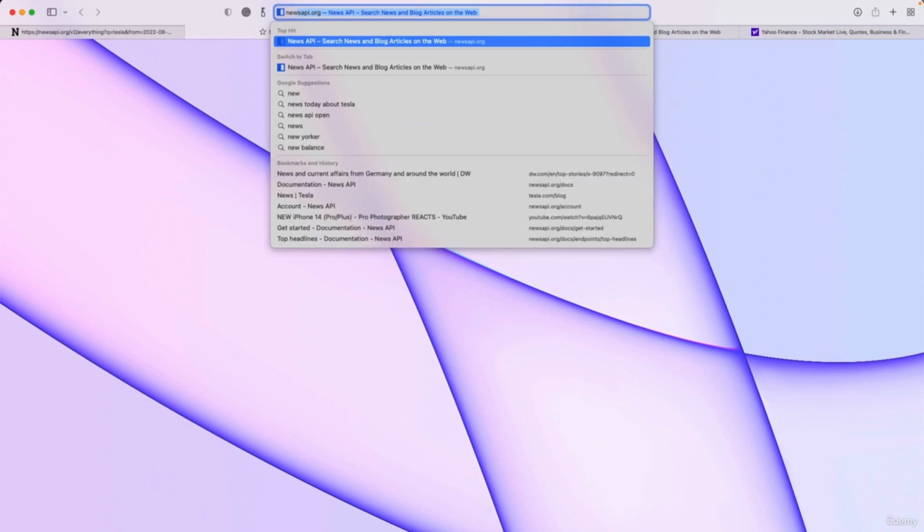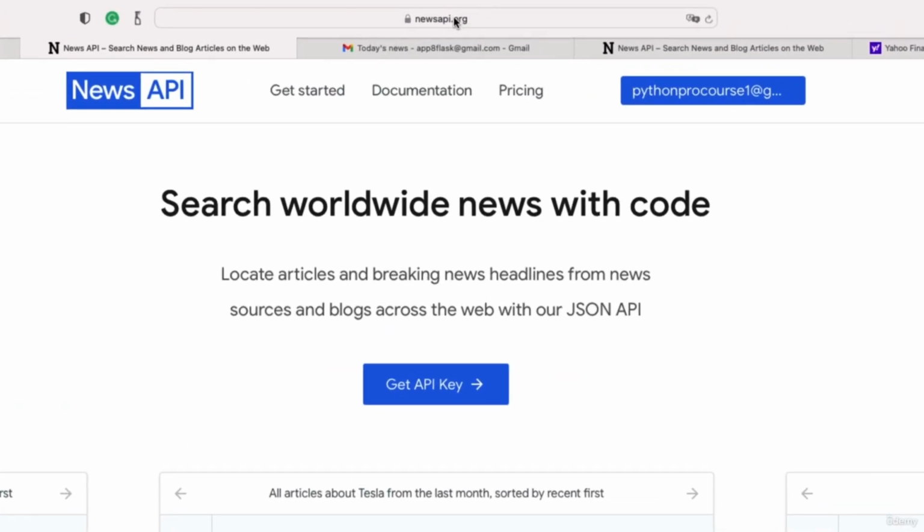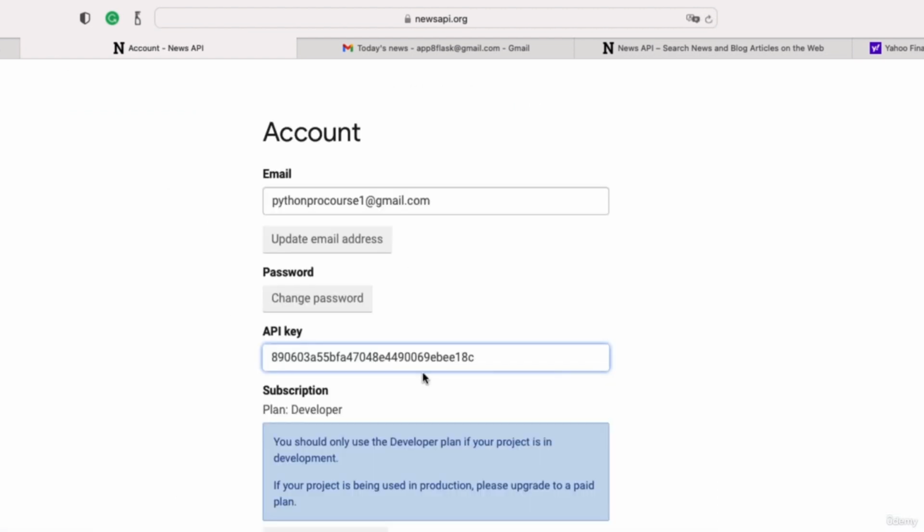We want to go to newsapi.org, this website. And then you want to sign up for an account. You should see a button somewhere here. Once you sign up, you can log in and you should see this view. So I've already logged in here and you should see this button. So go there to get an API key. And here you should see your API key. So copy that key